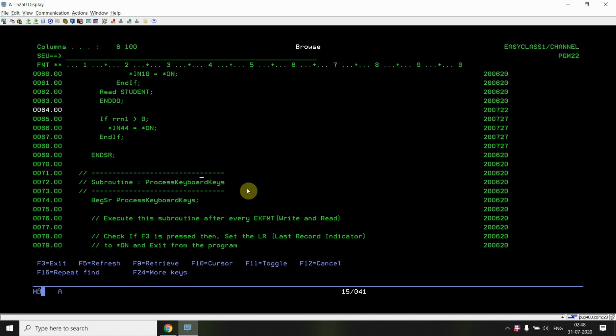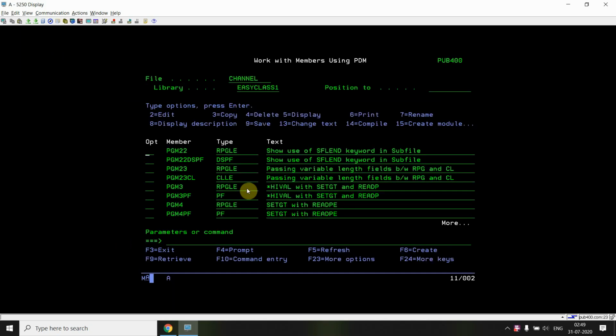So this is the 3-line handling, basically checking the RRN is greater than 0 and then setting that indicator to on. Okay, and then end if. So inside the if condition, you need to just set this SFLN indicator to on, and you will be checking that RRN is greater than 0. Okay, so this is the thing which you need to check for the SFLN thing, and you can handle those things in your program. Okay, so I think that's all in this video.